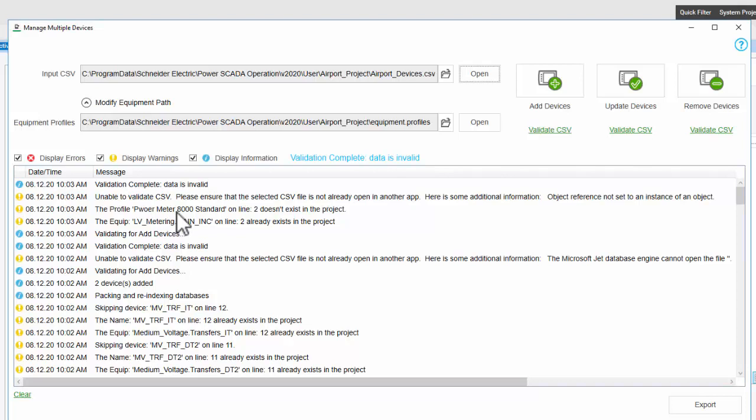The spreadsheet also serves another purpose. As long as you don't make manual changes to the databases, this is a good record of what's been added to my project. If management or IT wants to know what devices I'm talking to, I can just send this list. On that note,